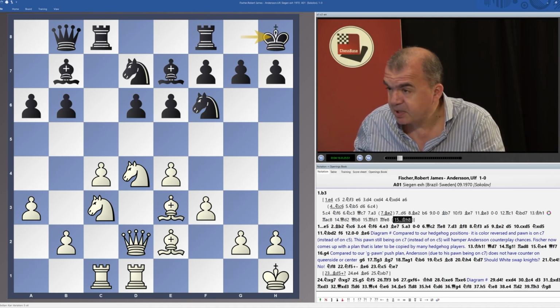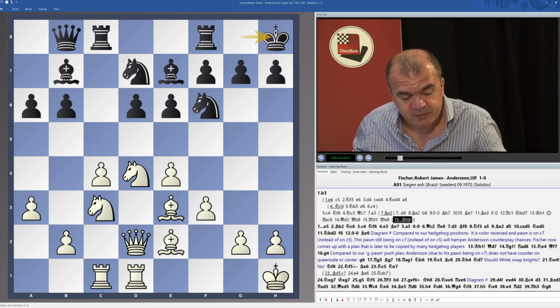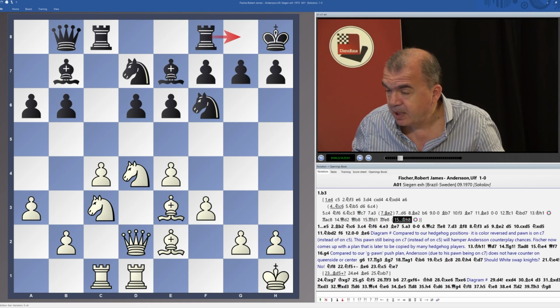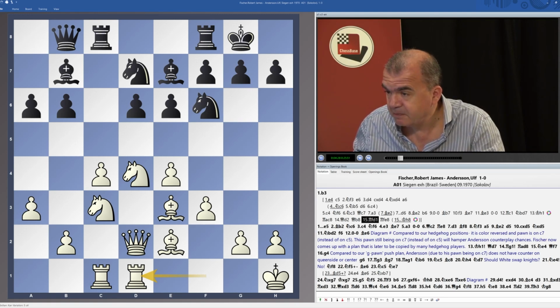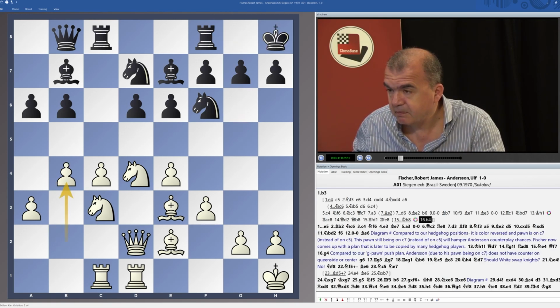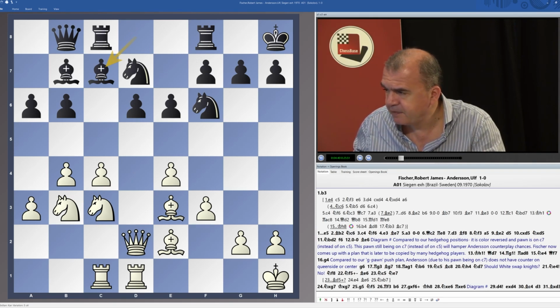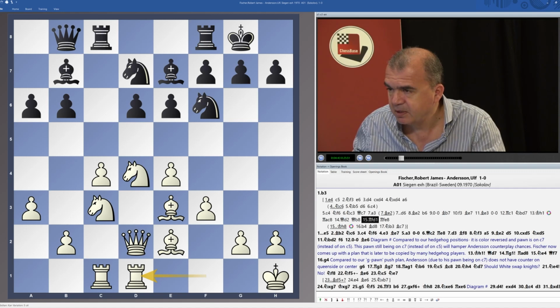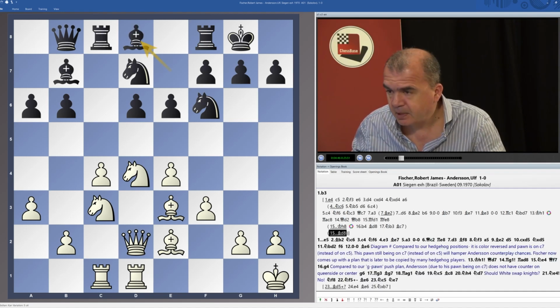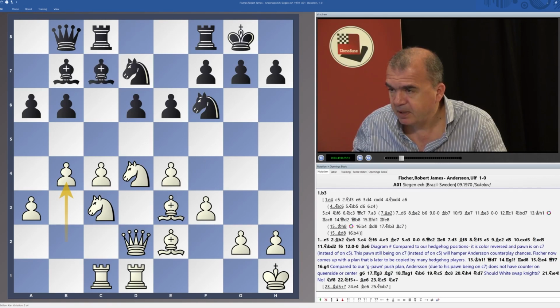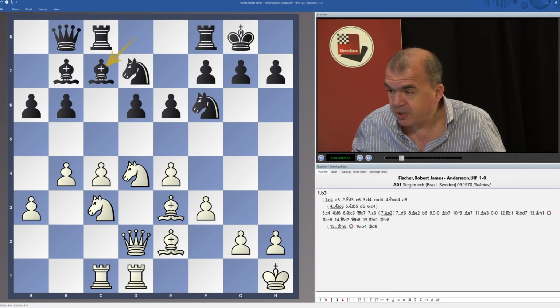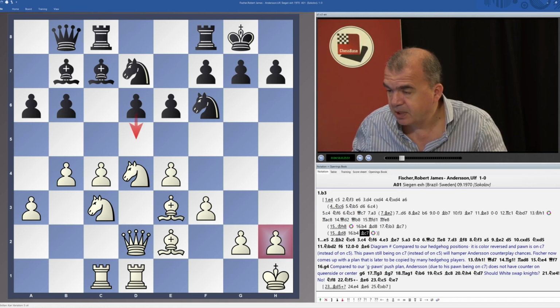And this has been seen in many games. Then I would like to play a rook move, and at some moment push g5. But first I would move the king. Let's say b4. Bishop moves. Let's say knight moves. Let's say bishop c7. Actually, I probably should have started with bishop d8, b4, bishop c7. I want to get ready to hit the pawn on h2 once this bishop is moved. So let's say bishop back, king moves,